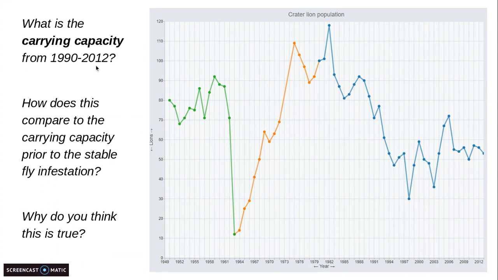From 1990 to 2012, we go here, here was the early, then we had the drop in the 60s, then we had this sharp growth, and there are ups and downs and ups and downs. Oh, 1990 to 2012, what happened there? Let's compare the carrying capacities in the 60s to 1990 to 2012. How do they compare? Do you notice that this carrying capacity is significantly lower? So before the big infestation of flies, we were around 80 lions in the crater with increases and decreases. But from 1990 to 2012, we're seeing a much lower number, more close to 55 lions. Why do you think that's true? And this helps us pivot to our next activity, where we talk about maybe how humans